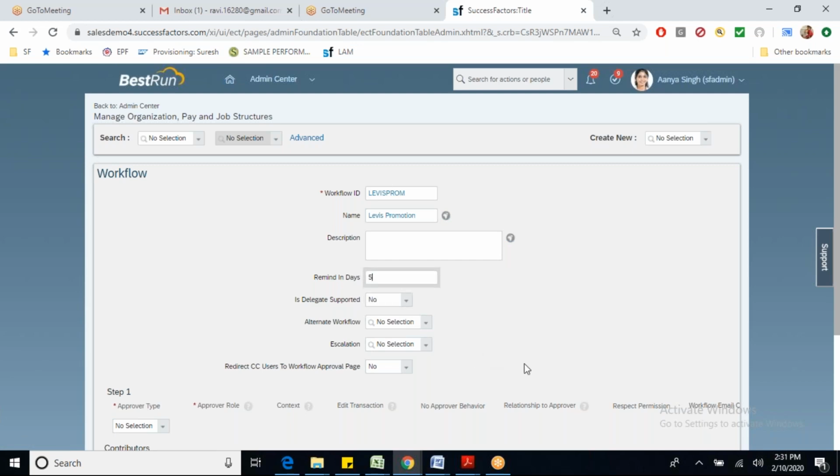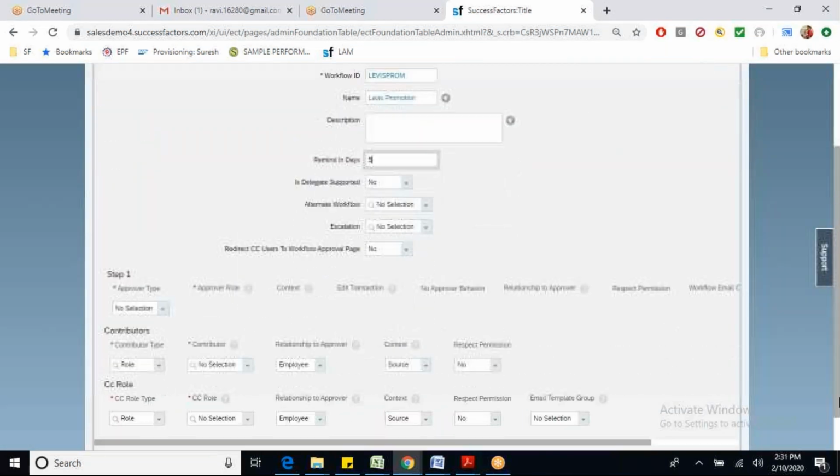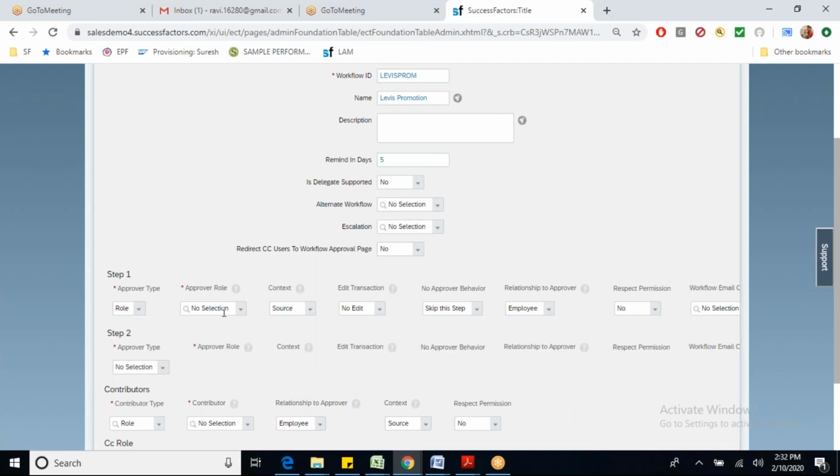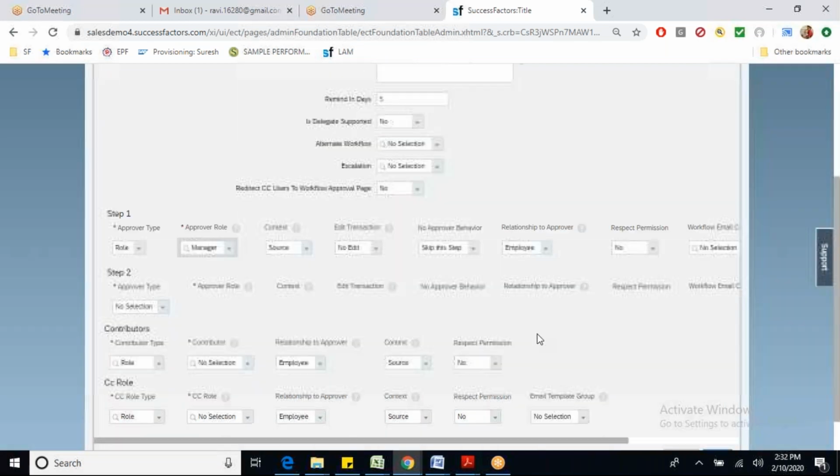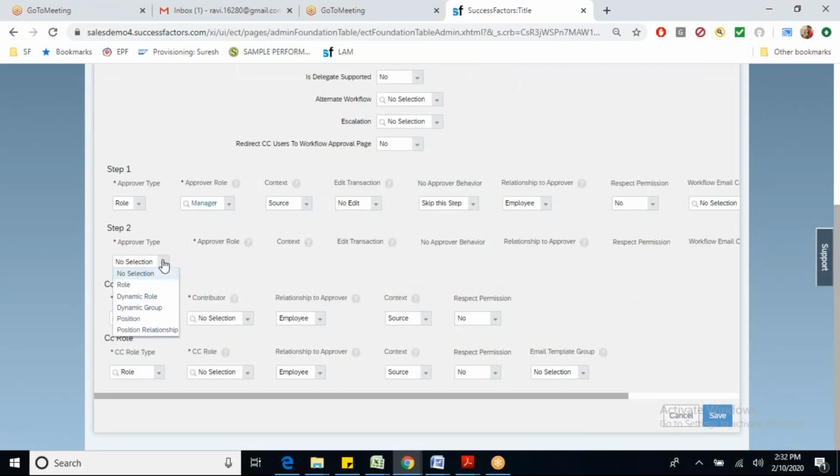Is delegate, I'll say no. Here I'll say no, because for the other one I selected is delegated yes and read this one yes. So I'll select role manager. I'll just add this.